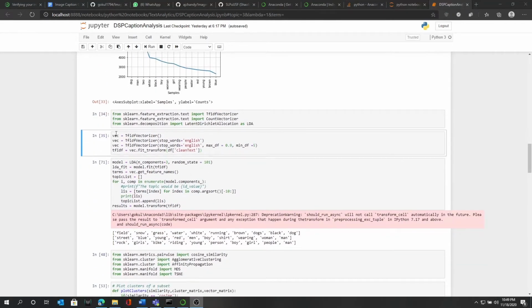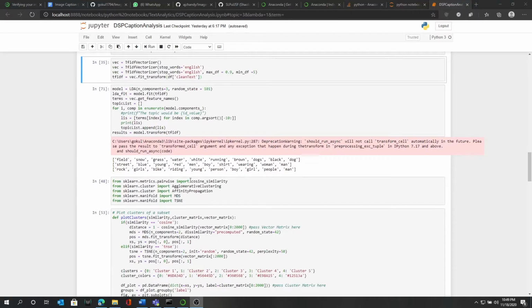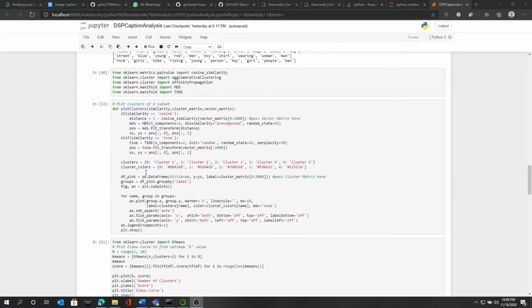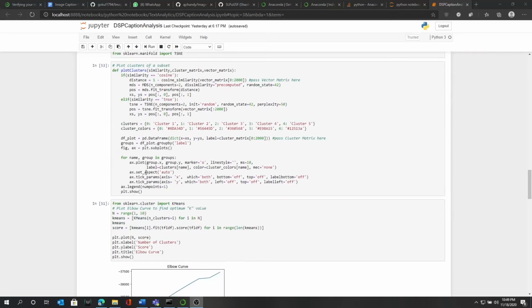And then we did a simple TF-IDF on the clean text to find what kind of topics are present in the captions. We can see that the first topic talks a lot about the environment, whereas the second and third talk about the characters in the environment, like a person, dog, and so on.